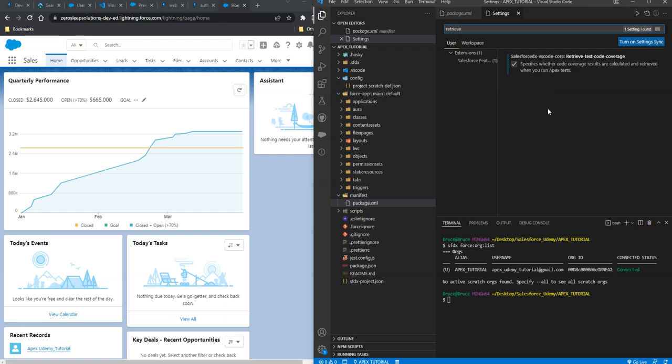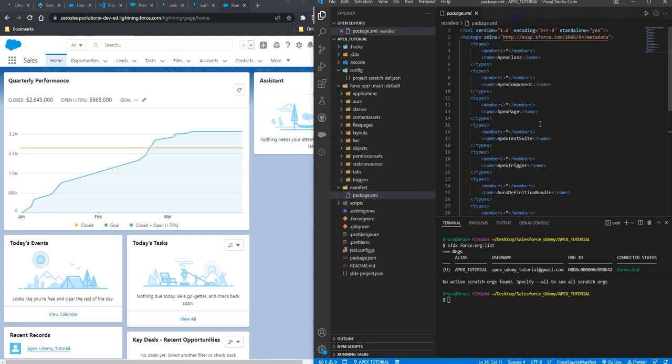When we start talking about test classes and being able to see what lines of code we're testing against and has been tested, we can do that with this setting. So now that we have that checked,